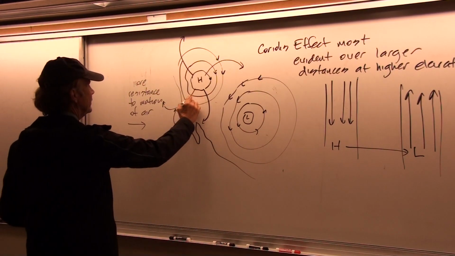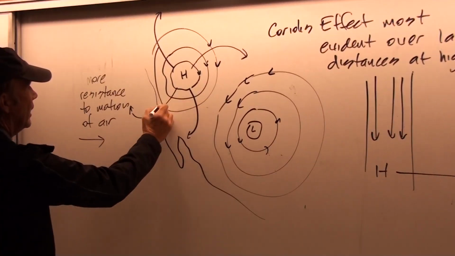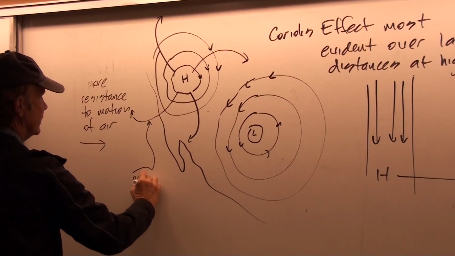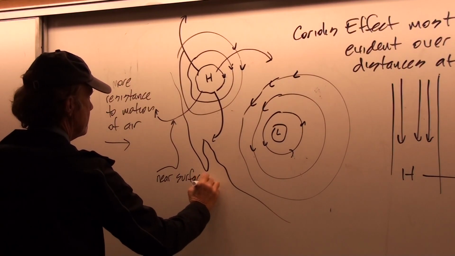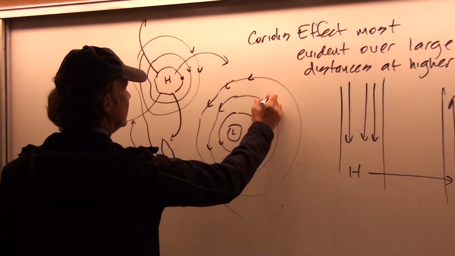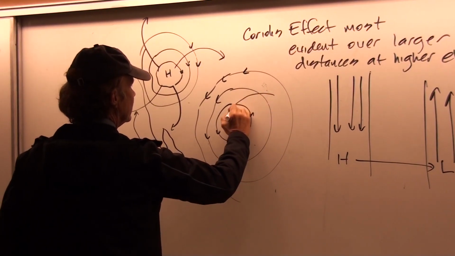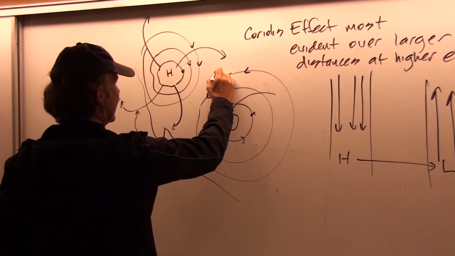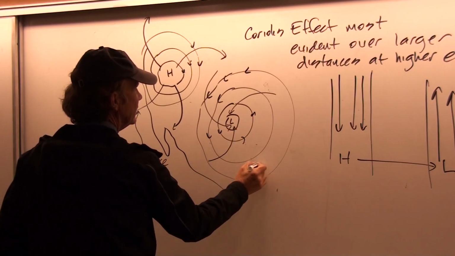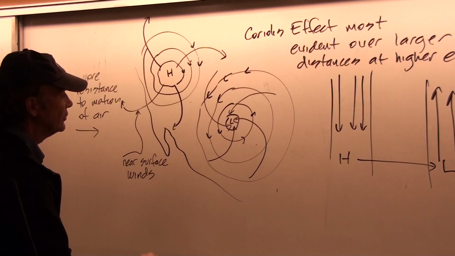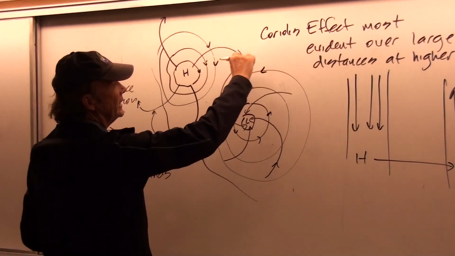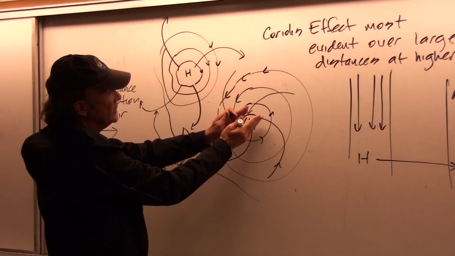Okay? And so we see then that we have these curved paths, that they have a component of motion that's in the radial direction. So this is our near surface winds. Now similarly, for a low pressure region near the surface, it's going to tend to move in a counterclockwise direction at high elevation, but near the surface, it's going to tend to spiral inward toward a low pressure region, so that it has this sense of motion not only around this way in a counterclockwise direction, but also the motion